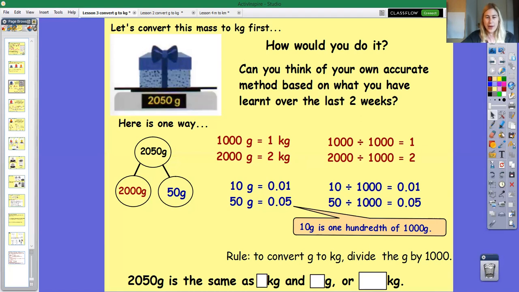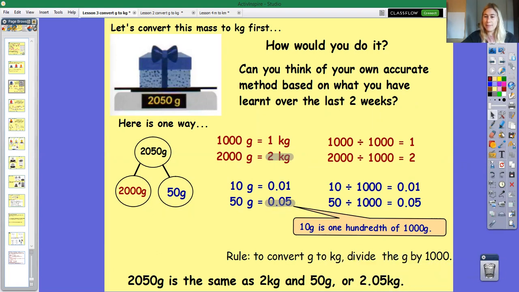Okay, so hopefully you saw that 2,050 grams is the same as 2 kilograms, because we've got our 2,000 grams, and we've got 50 grams as well. Or we could write it together, couldn't we? If I look at the information that I've just worked out, my 2,000 grams was 2 kilograms, sorry, wrong one, and my 50 grams was 5/100ths of a kilogram. So I could put those together,